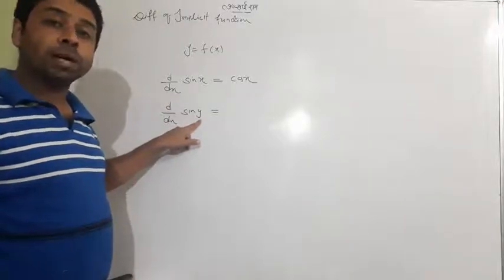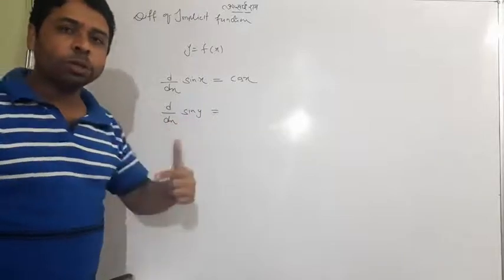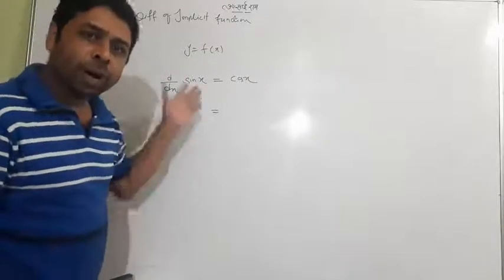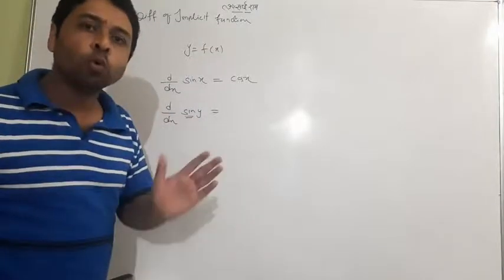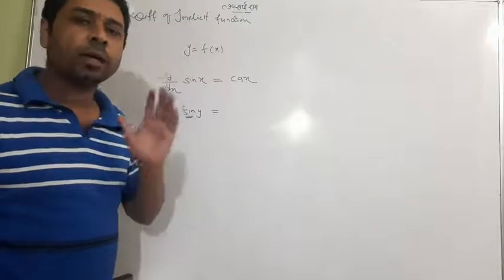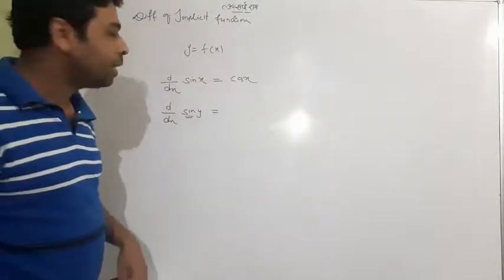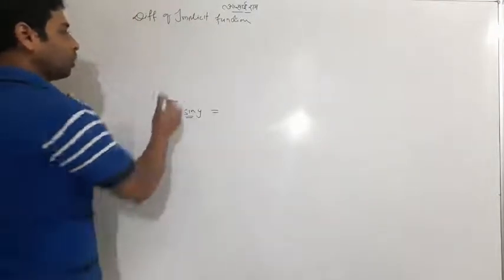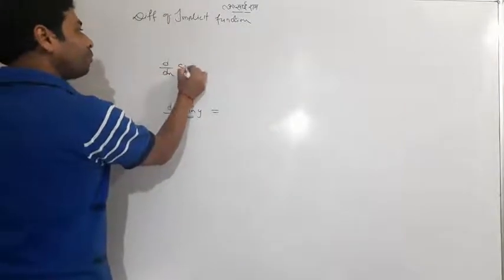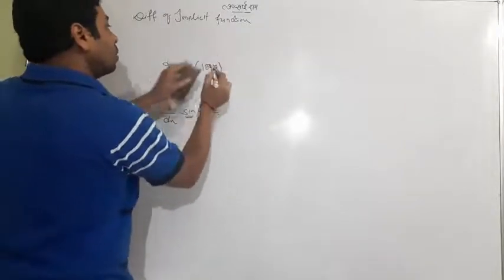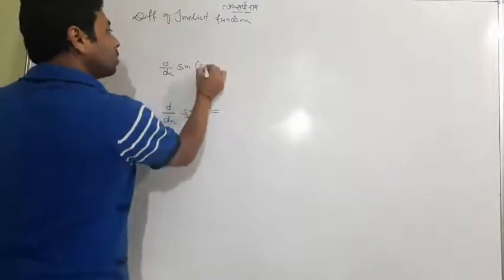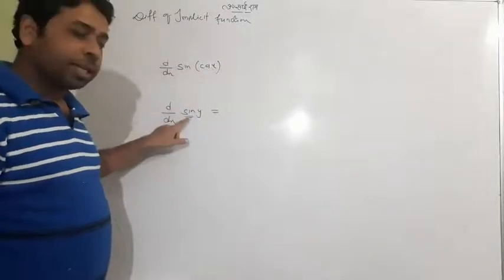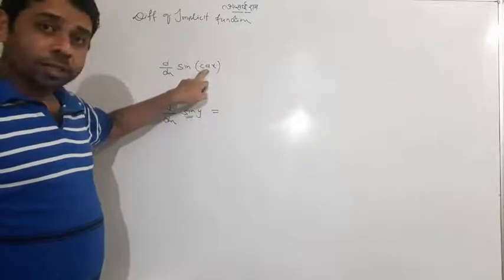So whenever y comes, it will count as a function, and you know the chain rule. This time what will happen? First sine will be differentiated, and y is another function of x whose value is right now unknown. Instead of that, let me write one question, and I want to say something about the comparison of these two functions. If I write sine of log x, sine of something, cos x, I ask you the answer. First, to compare these two: this time sine and sine, yes, they are the same. This is cos x and this is y.